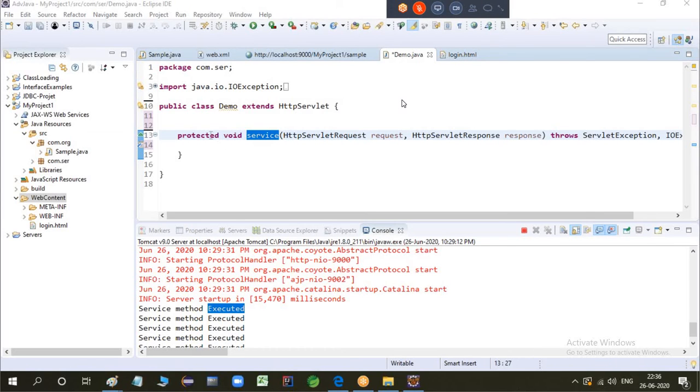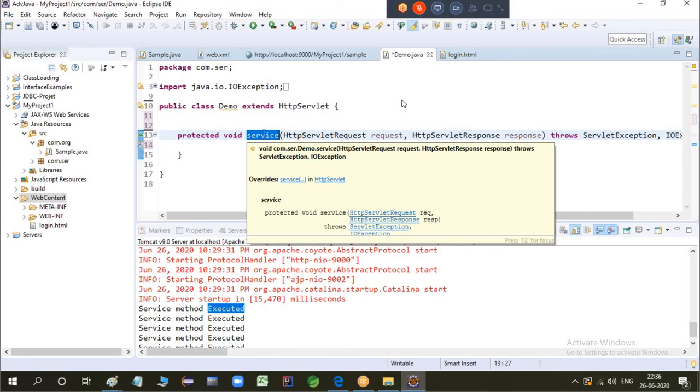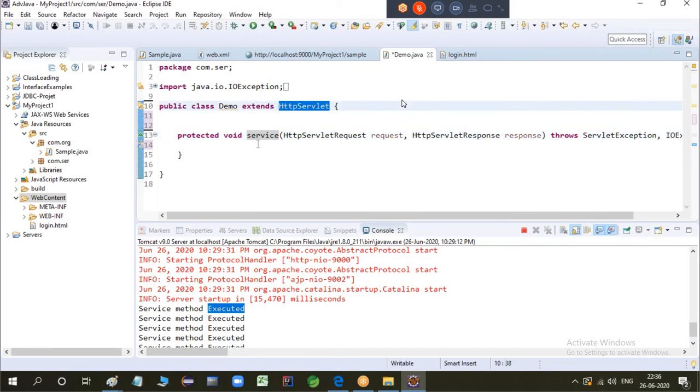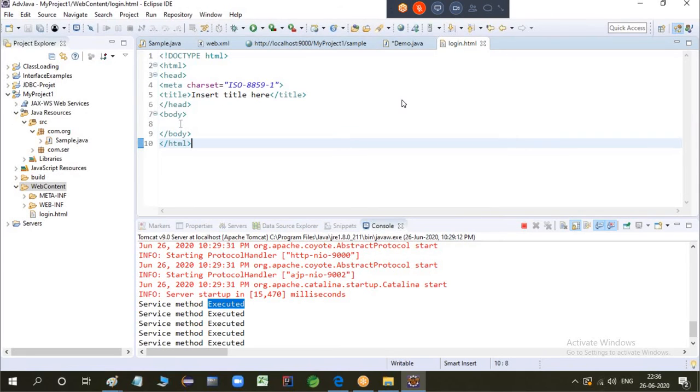All right, and this protected is given by default. I'm not giving this. This is already given by the HttpServlet class. Service method is given as protected. Okay. Next, so what we are doing, we are creating a form based login.html page.